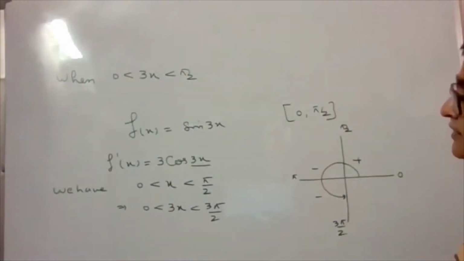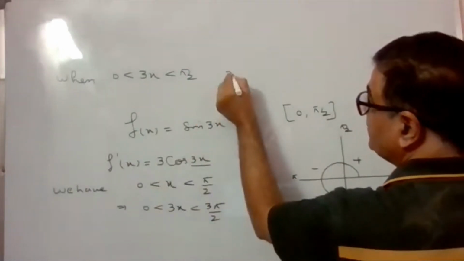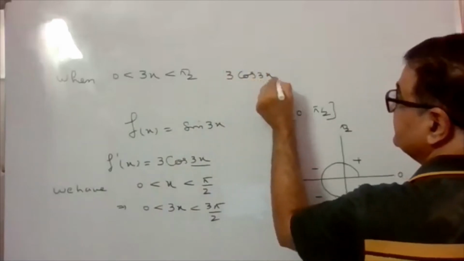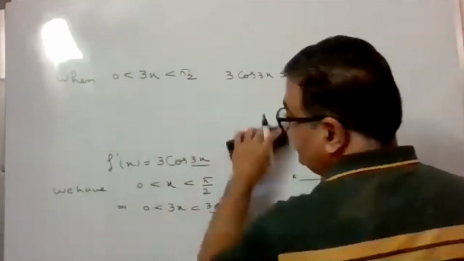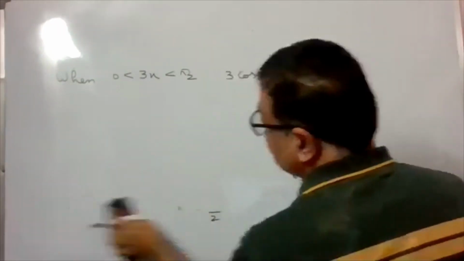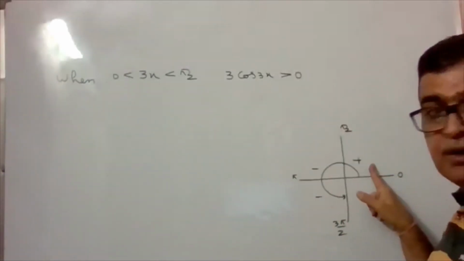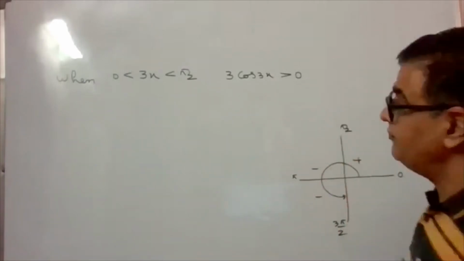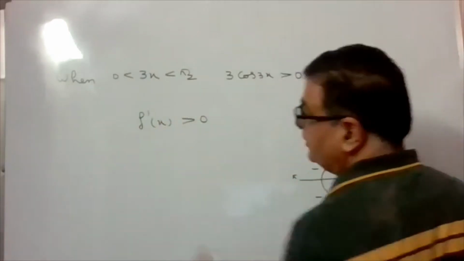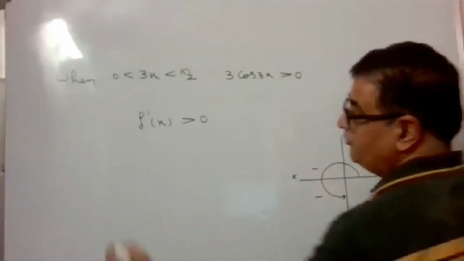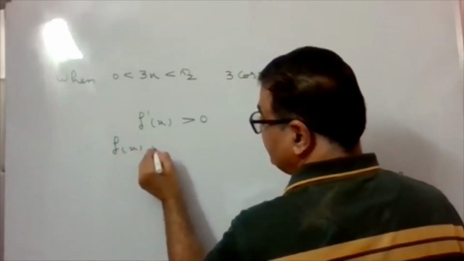When 3x is between 0 and pi by 2, at that time 3 cos 3x will be a positive number. Cos 3x, I told you already, is a positive number. So 3 cos 3x is a positive number. This is your f dash x. So f dash x is greater than 0. And if f dash x is greater than 0, therefore f x is increasing